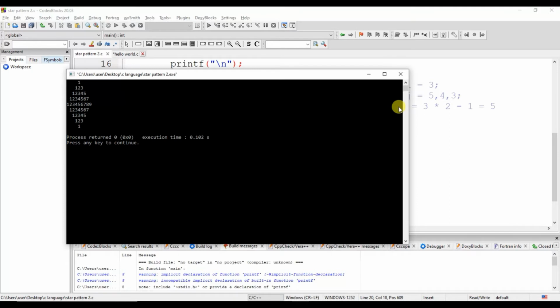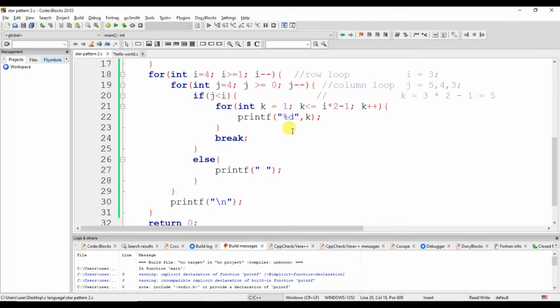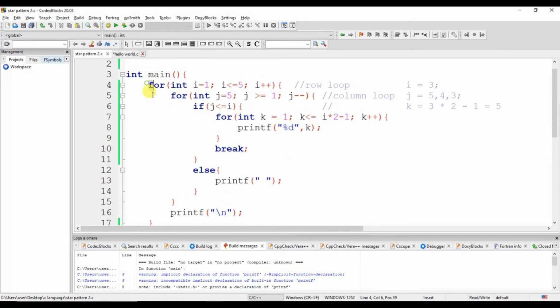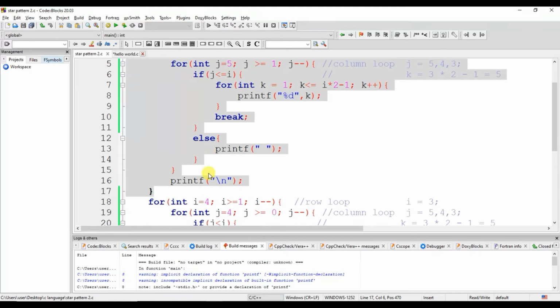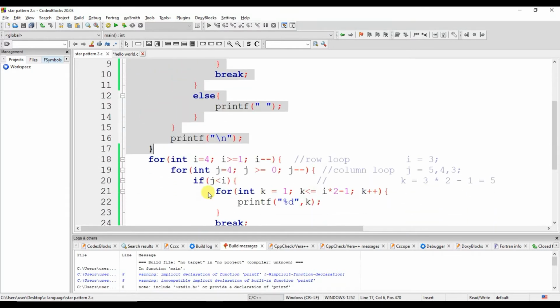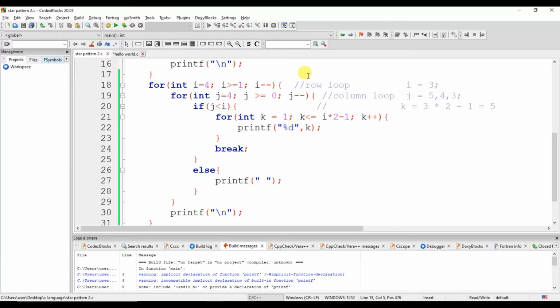So let me go through the logic of this. We know the logic of this for loop. Now this I starts with 4, this also starts with 4 now, and it goes till 0. In this if condition, j has to be less than I, but this time it is equal, so it will print the space.